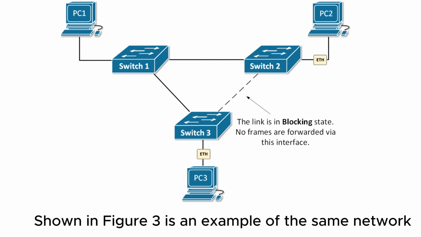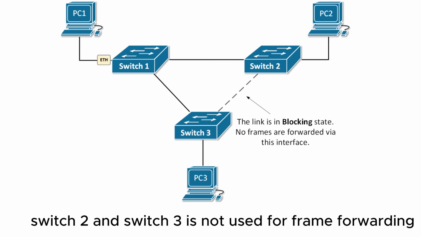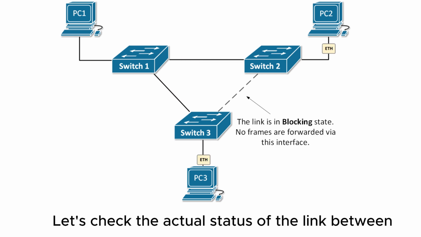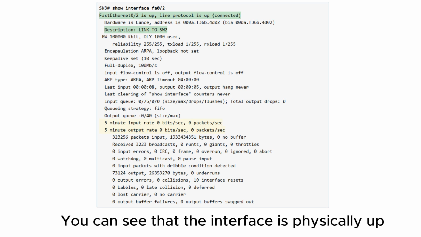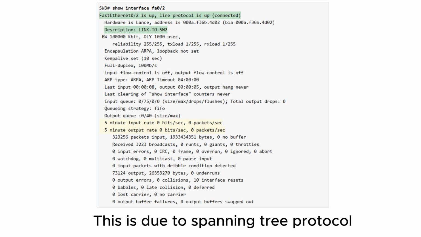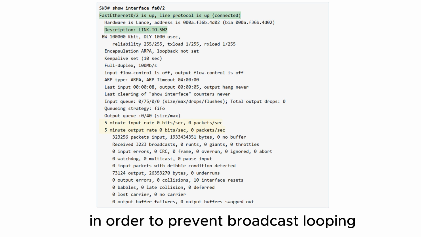Shown in Figure 3 is an example of the same network, but with a mechanism that breaks the looped topology. Note that the link between switch 2 and switch 3 is not used for frame forwarding, and therefore there is no way for the broadcast frames to loop around indefinitely. Let's check the actual status of the link between switch 2 and switch 3 from SW3's console. You can see that the interface is physically UP and line protocol is UP, but there is no actual forwarding going on. This is due to spanning tree protocol actually blocking the interface